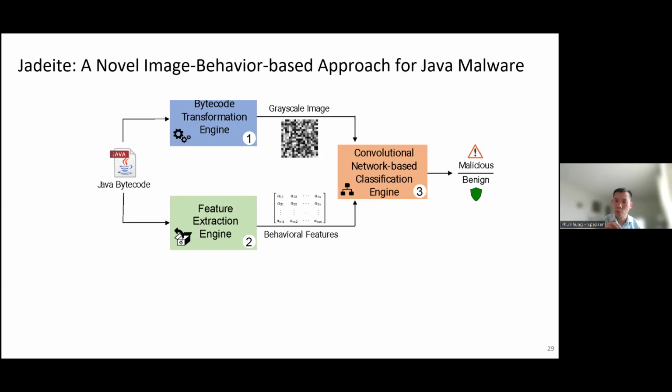And then at the end, we create an image, a grayscale image. The reason we create a grayscale image is that the machine learning CNN network classification is good for image-based data, and then we use the classification. Additionally, we also add some static behavioral features into this image so that we can increase the accuracy of the method.